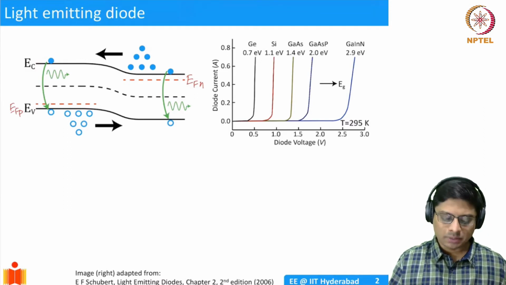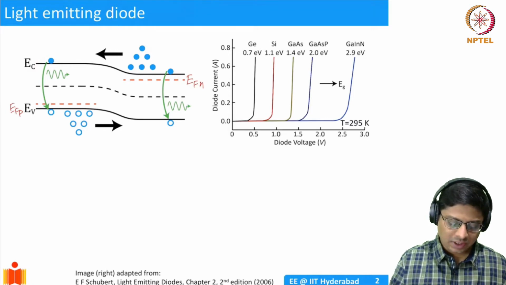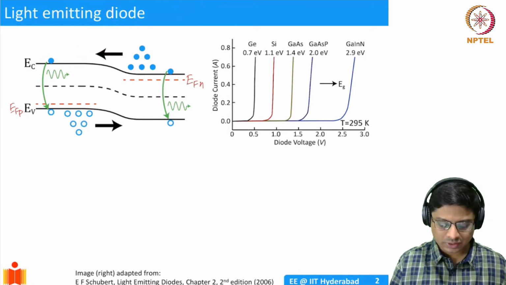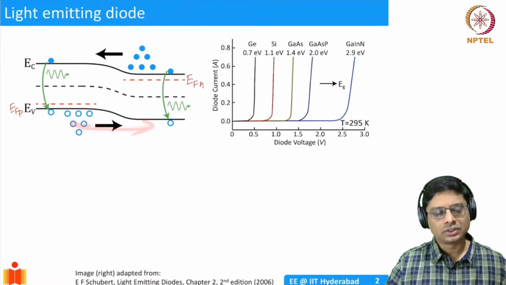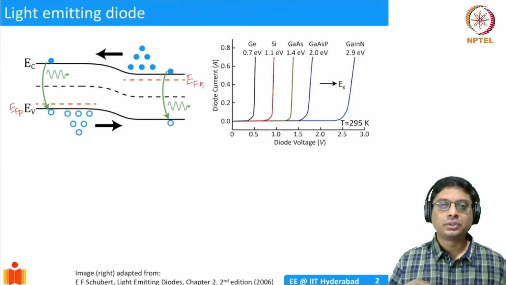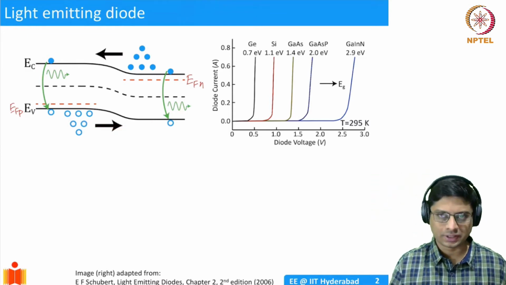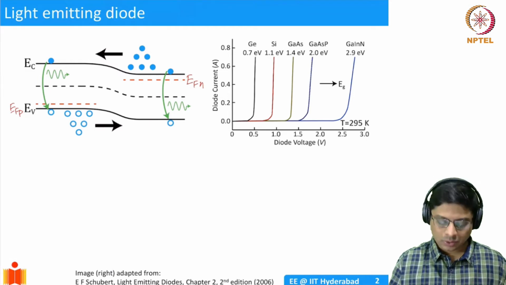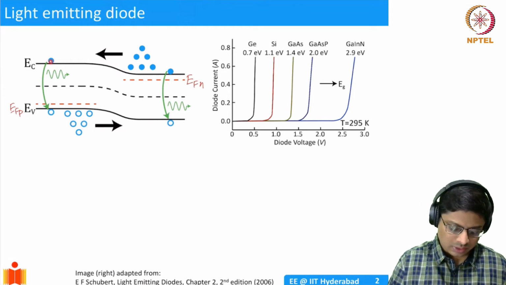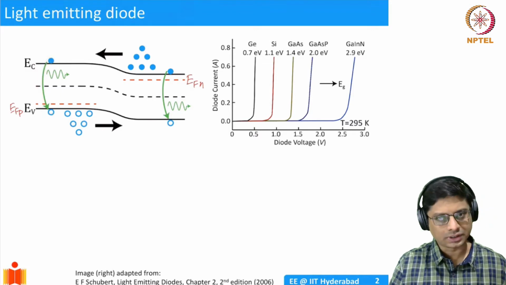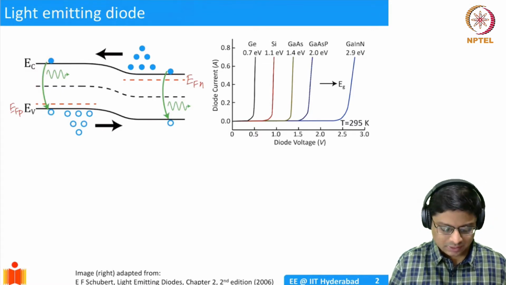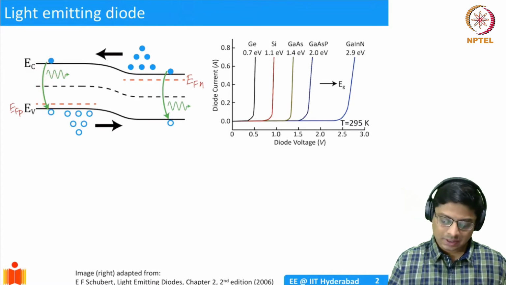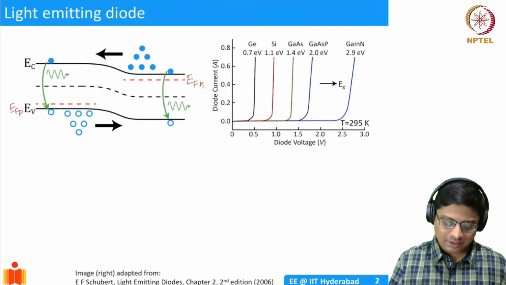So the splitting of Fermi level happens because we are applying voltage. And because of this, the barrier is reduced and your electrons are injected into the P side, holes are injected into the N side. So the minority carriers are injected. So what happens after that, right? So in principle, what could happen is a hole can recombine with an electron here. Like in the P side, the holes are majority carriers and the electron can recombine with the hole and give out a photon, okay? And similarly in the N side, an electron can recombine with a hole and give out a photon.